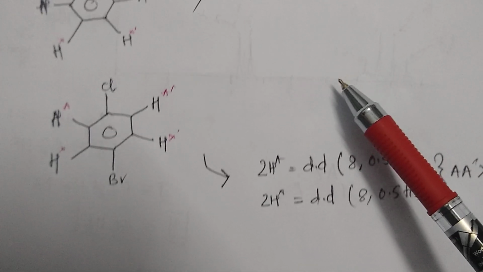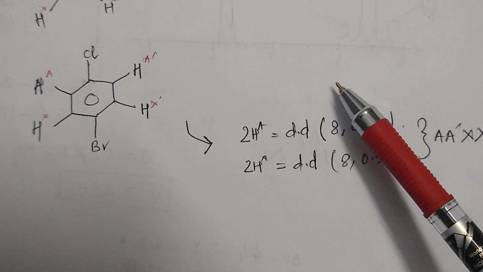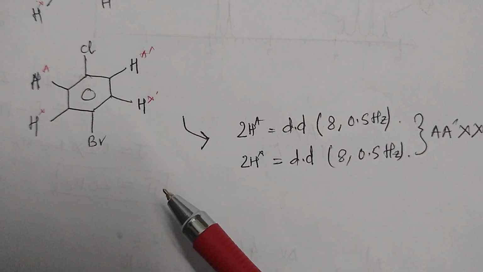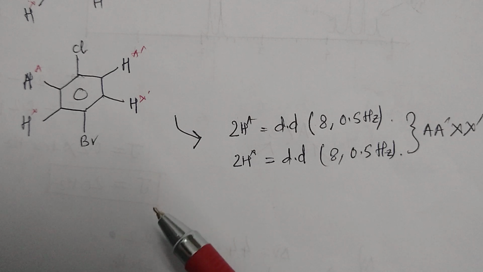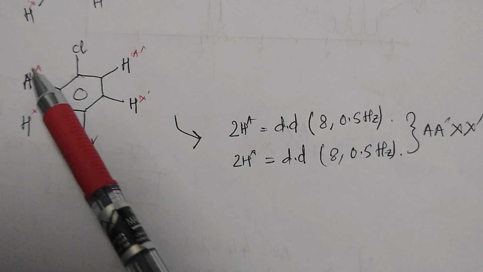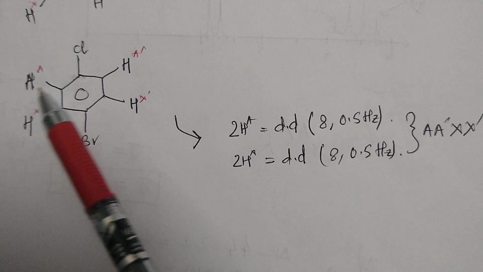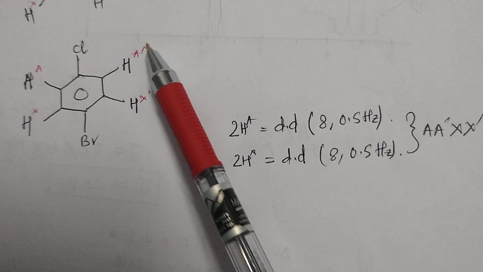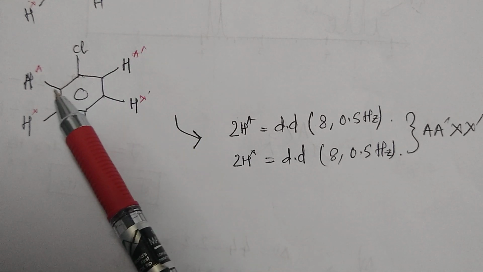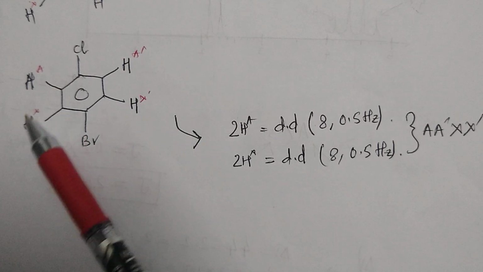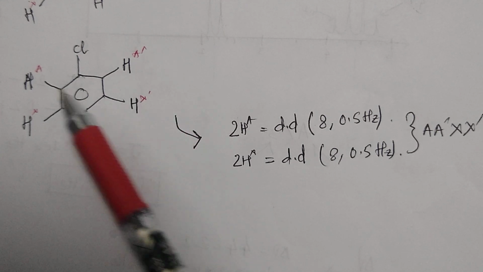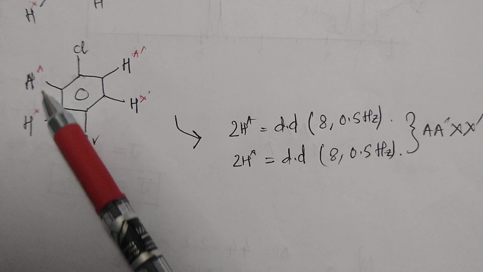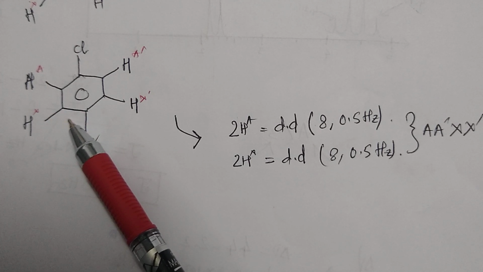Again, if we consider the para substituted benzene ring, in which different substitution is there, that is hetero disubstitution for the benzene ring. In the para position, we have this A type of proton, then this will be an A dash type of proton for the magnetic non-equivalence. So with that, if this proton over here is X type, then this will be of X dash type. With that, this A will couple with this X type of proton, and it will give a doublet signal.